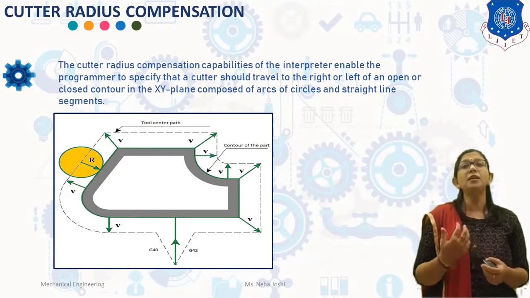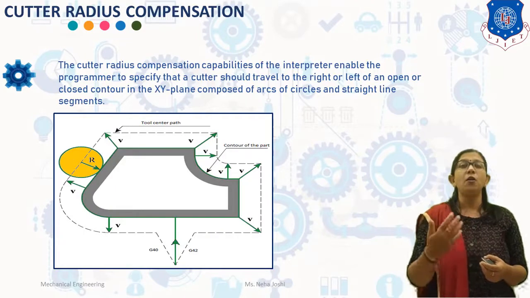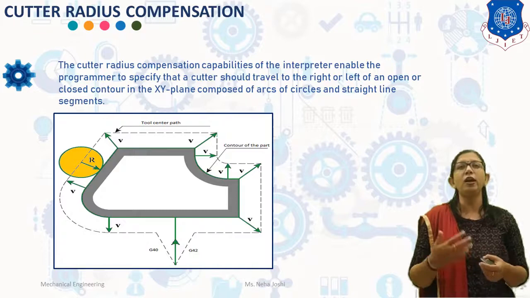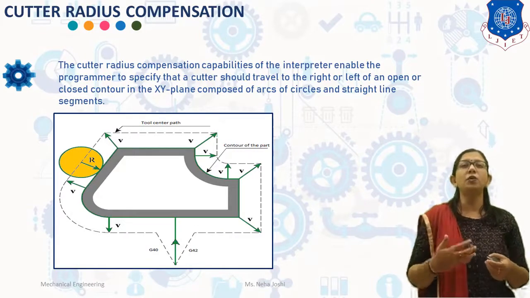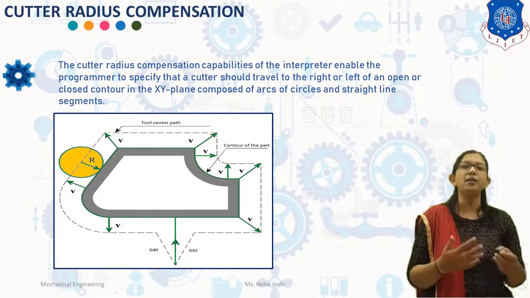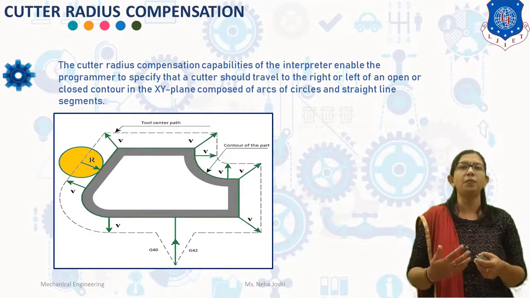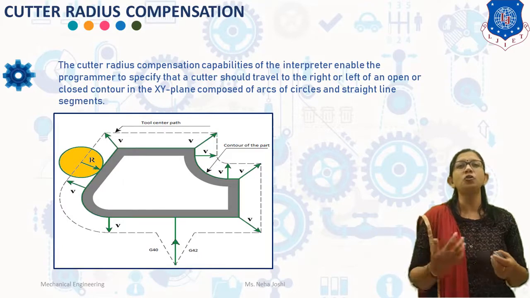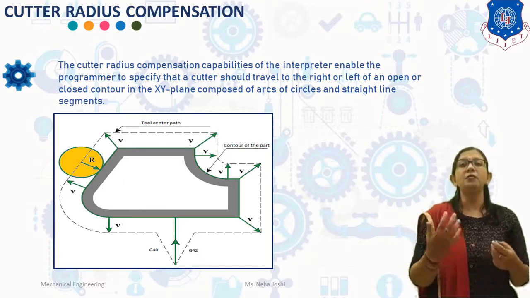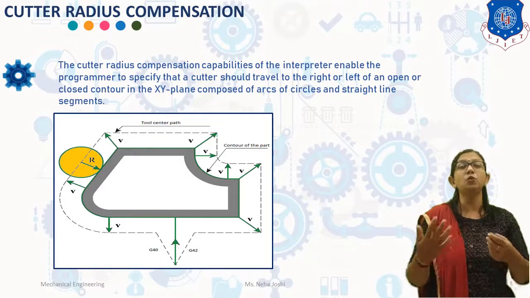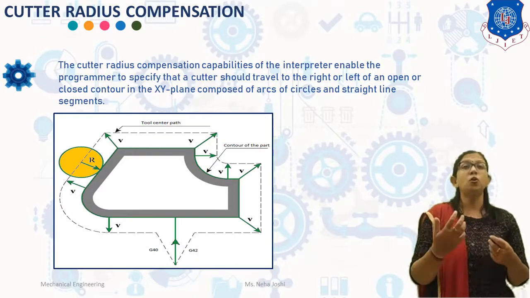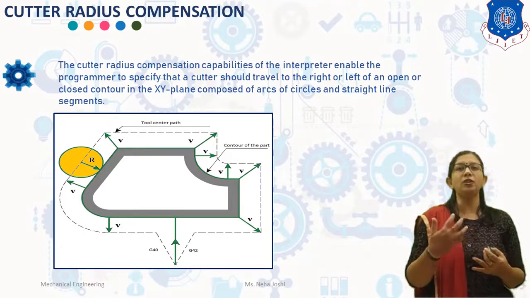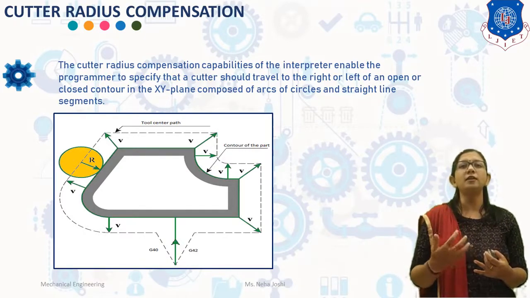Now, besides the problem of calculation, one should realize that whenever the cutter size changes, the program would need editing. But if compensation equal to the radius of the cutter is entered and stored in the tool register of the computer memory, the program could be written for the workpiece profile and hence no change in the program is needed. This means we can say that the program is written with a zero cutter radius. So the codes for cutter radius compensation are generally G40, G41 and G42.